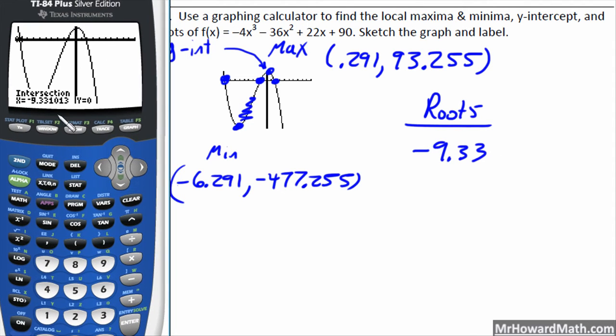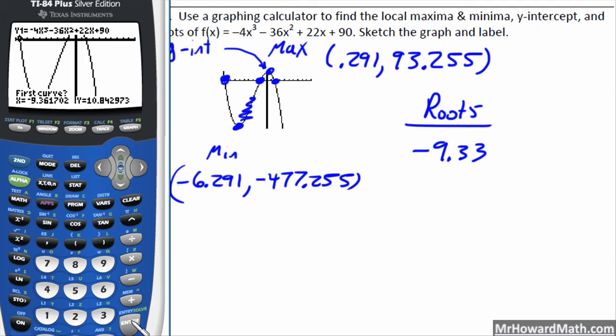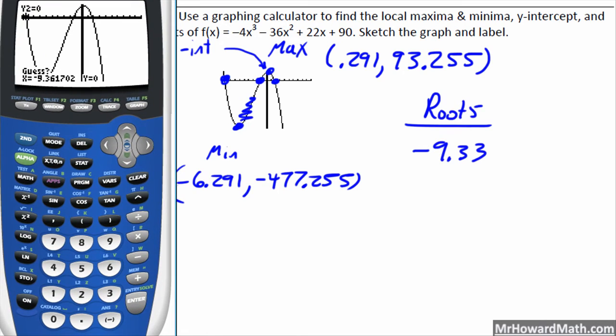Bring that over and we'll do the next one. So second trace, option 5 for intersect. First curve, enter. Second curve, enter. Guess, this time it looks like it's about at -1 or so. So for my guess here, I'll type in -1, hit enter, and it's